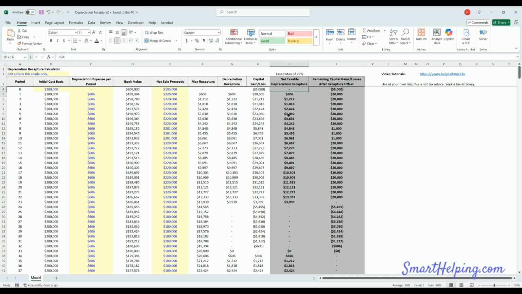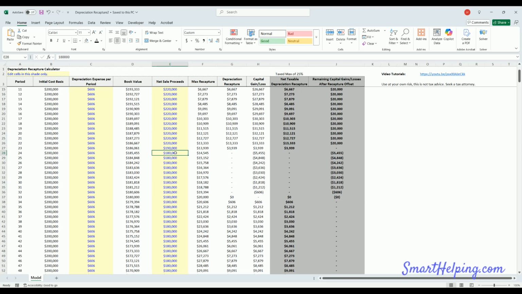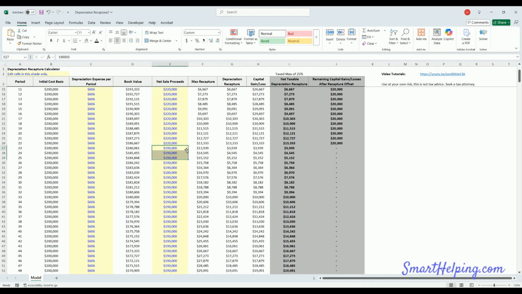The output is the taxable depreciation recapture, which is taxed at up to 25%, and then the capital gains or losses after that. So let's do this a couple times. Let's say you have 190. You sell it for more than the book value, but less than your initial cost basis. So what happens is the IRS views this as a